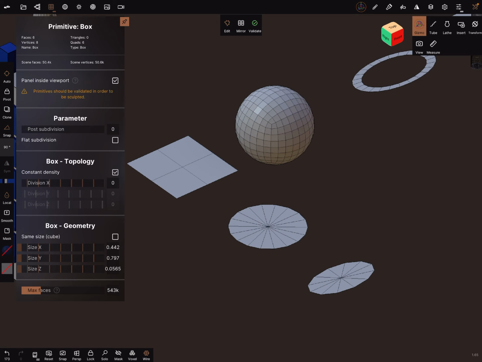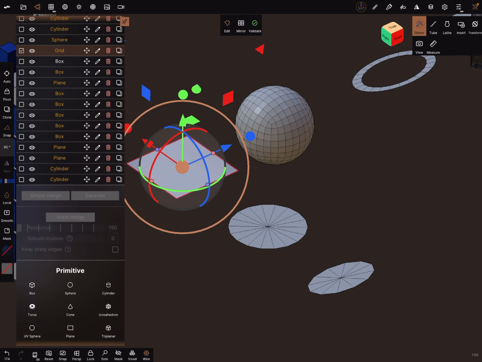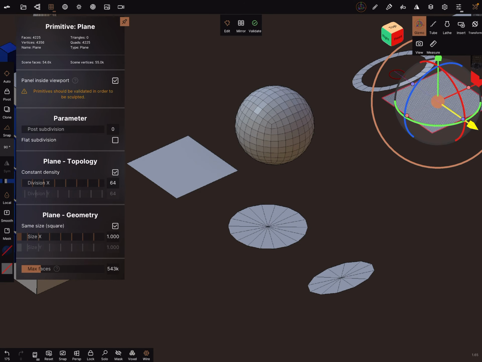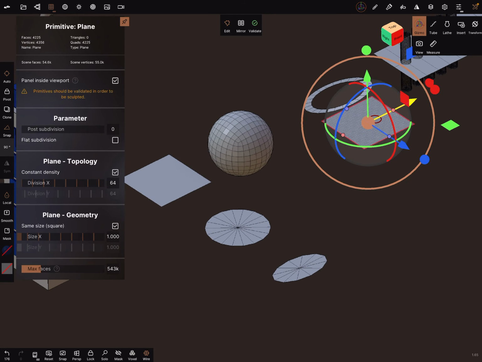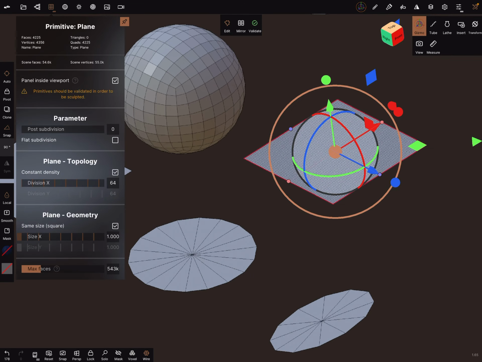We use for this planes, for example this plane, always a very low division. When I add a new plane, I bring it here to see it, reduce the division to 1, and that's okay. Don't validate the objects.